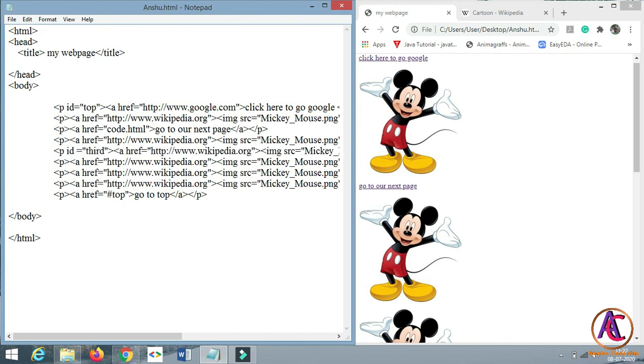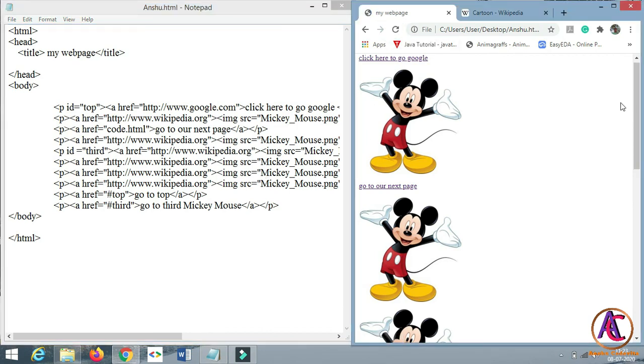To do that, type ID and give the name third for the third Mickey Mouse, and create a paragraph and close the paragraph. In that give a link by a tag and reference hash third, and type a text: Go to third Mickey Mouse. Save this and refresh it.